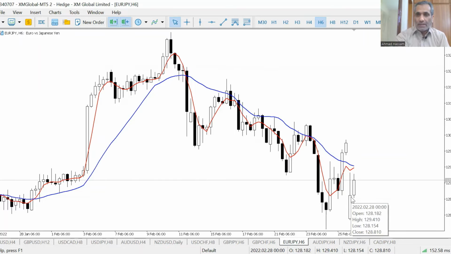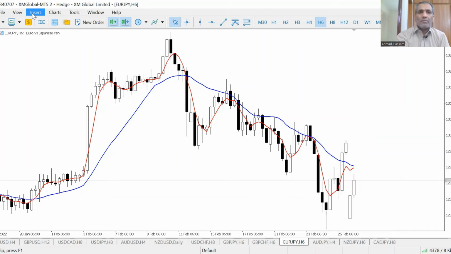Never trade against the direction of this moving average. If you had opened a long trade, you see this moving average is showing a downtrend. So you are taking a counter trend trade. It's always dangerous. And see, you would have been chopped today. Market opened with a huge gap.